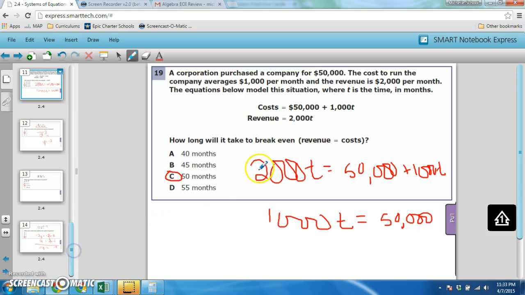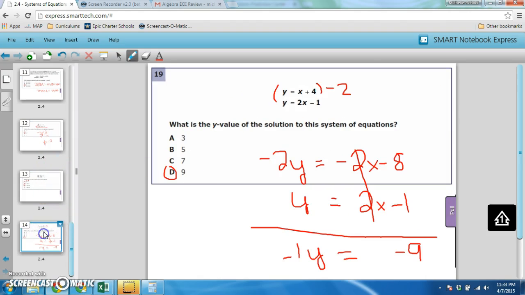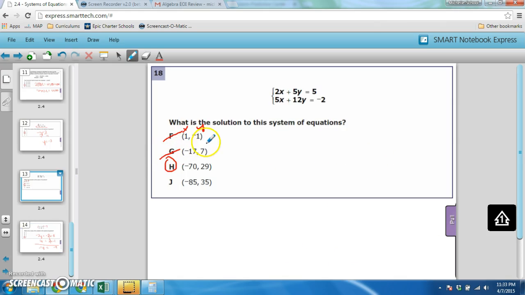Okay, this one is another like that other one. You could just plug things in, or you could solve to see which one equals the same thing. And if you get one where they're giving you the whole answer, the whole pair, not just x or y, you can plug them in, but make sure you plug them into both equations before you decide on